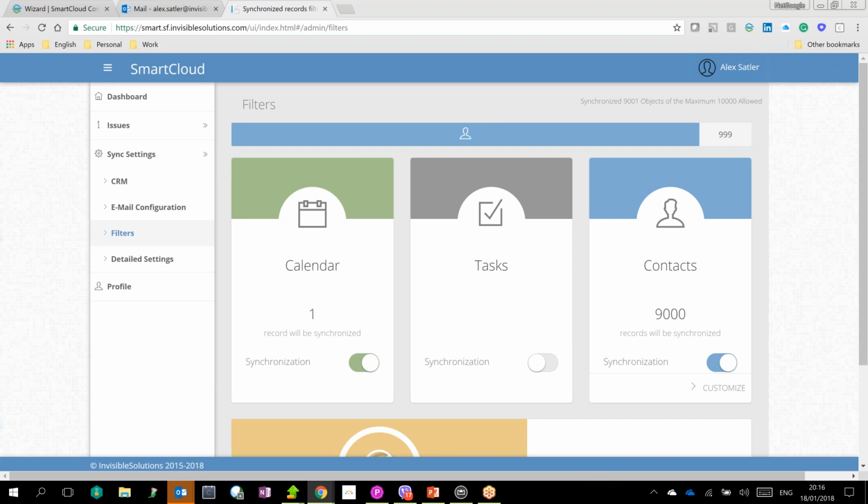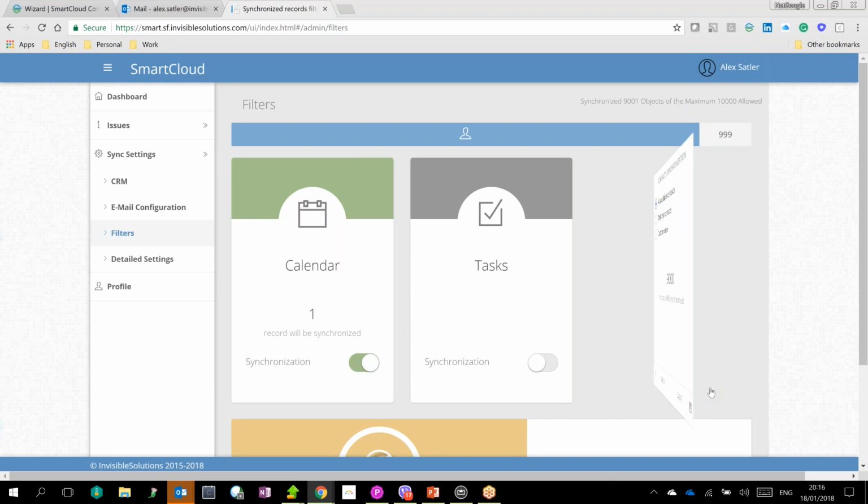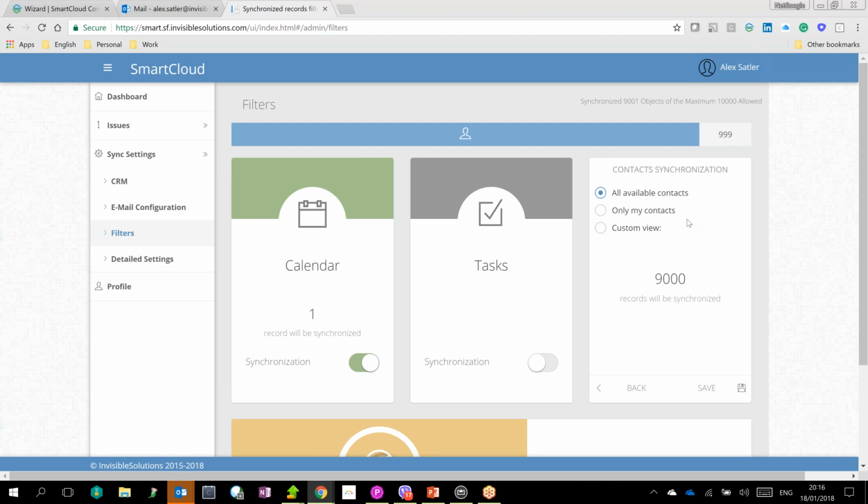Also, you are able to synchronize your Salesforce contacts into your Office 365 or Outlook contacts. Now, here you have a few different options available. So first of all, if you click Customize, you're able to decide what Salesforce contacts you would like to see in your